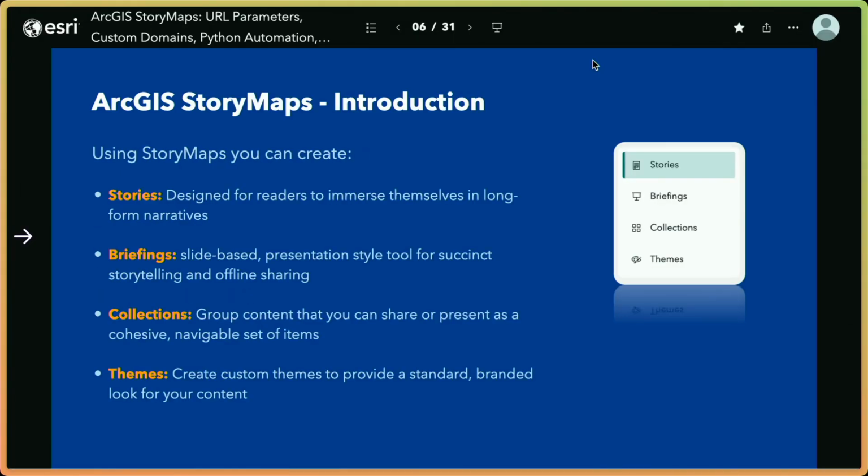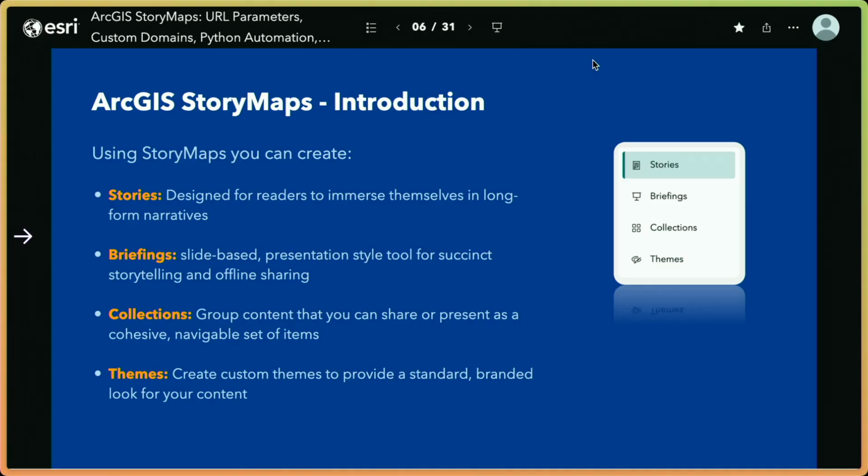So story maps, what are they? They are a platform that allows you, what we like to say, share your geographic content because we really like maps, but they also work really well if you don't have any maps at all. But it's a way to share engaging interactive stories with your audience to anyone around the world. We have purpose-built solutions from long-form immersive stories that allow you to guide your audience through